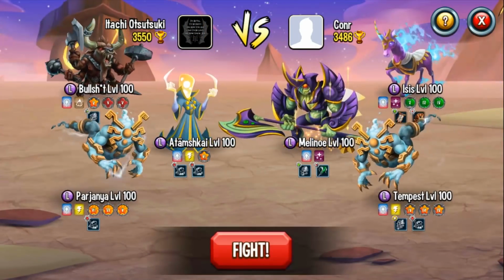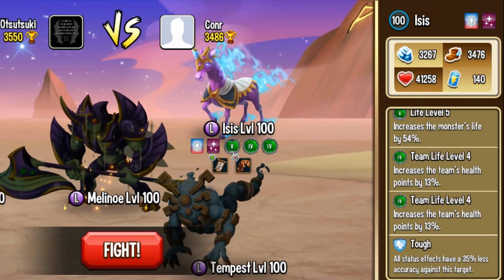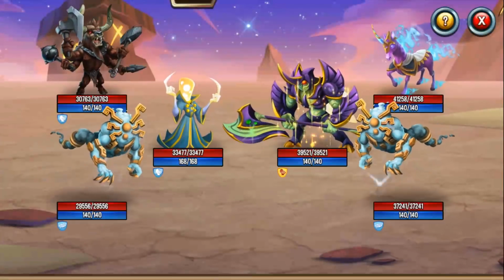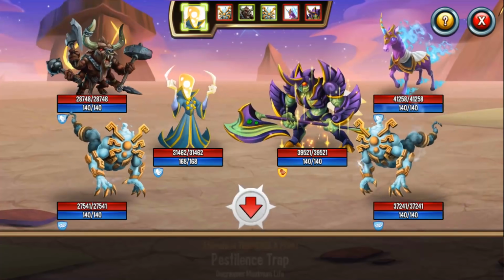Like, I personally do think he's a great monster, and here we have another example where I'm going to be taking on a monster that has the tough trait, so 35% less accuracy, a monster with the bulwark trait, and then a monster immune to blind. And so let's see if I can land the double stun on all of the enemy monsters, specifically against Shannara's pet and against